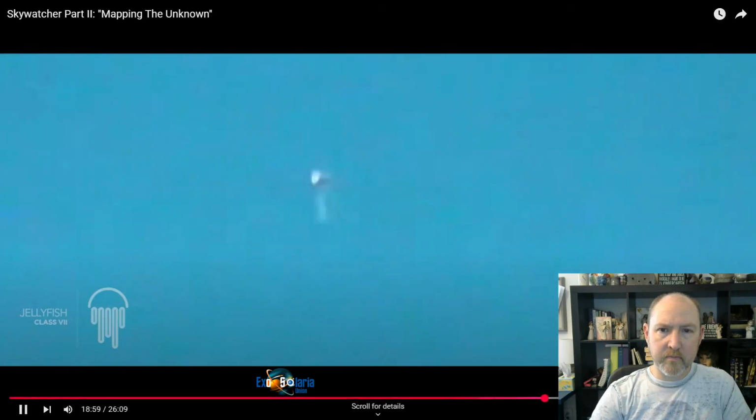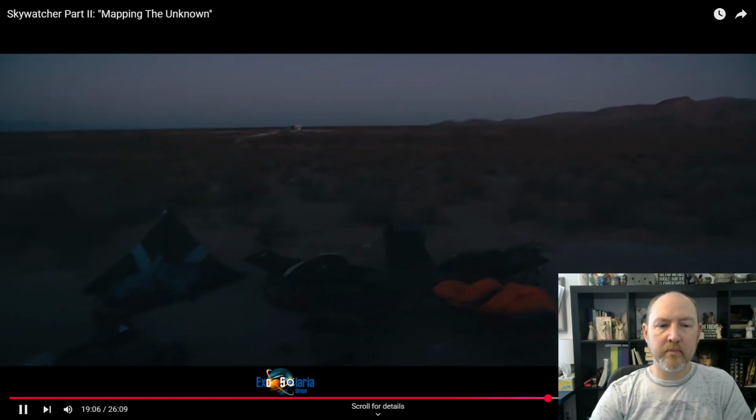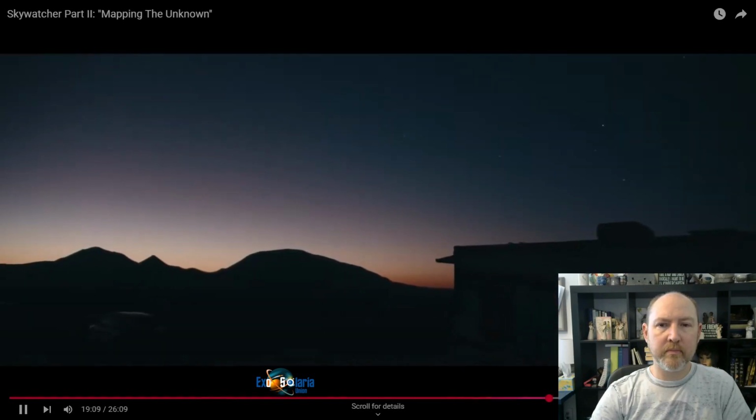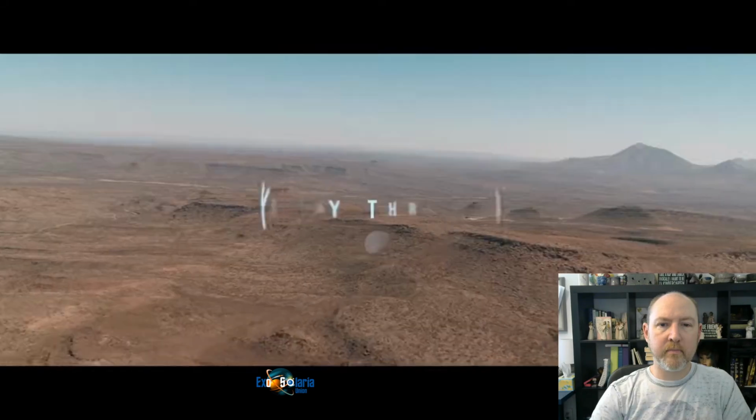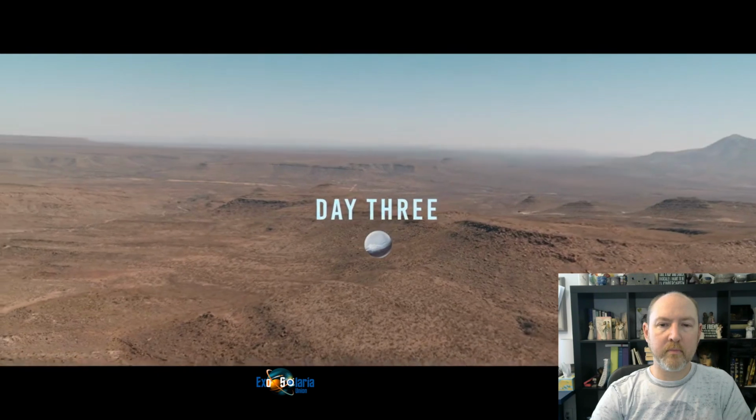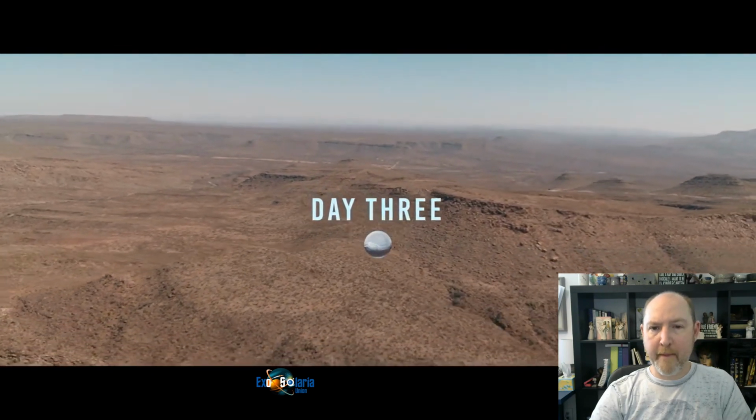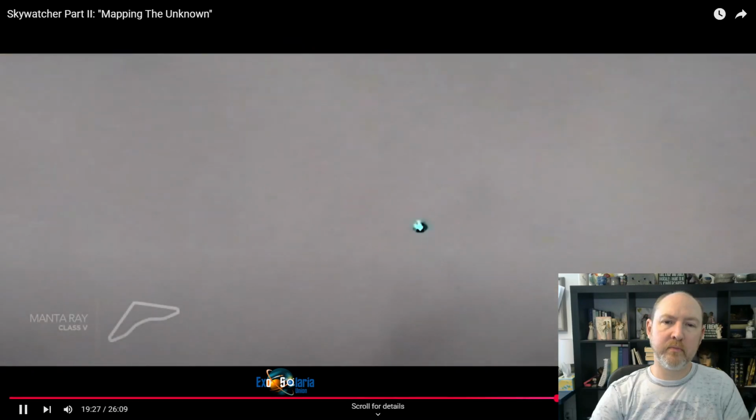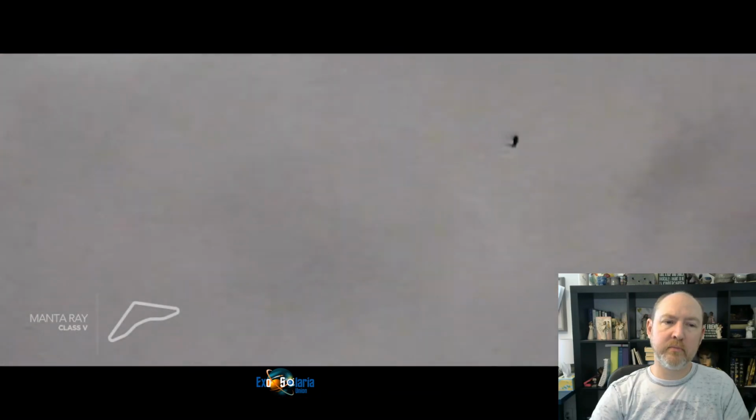At the end of day 2, our psionic team made a bold prediction that the next day we would see an interaction between 2 different types of UAPs in the sky. The Class 7s, we believe, are aggressive. They appear to want to encroach on us and get over us. The Class 5 we saw yesterday seemed to put itself between us and the Class 7, and the Class 7 then egressed to the north and the east.